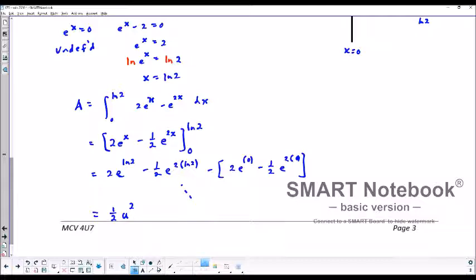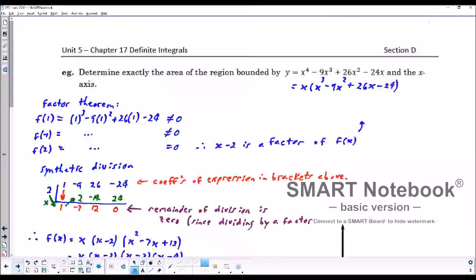Okay, so that is that portion. I'll just tidy up that 0 here. Okay, all right, so that is example number 2. Now we're going to move on to example 3, and this one's a little bit more complicated just because there's a little bit of background work to it in order to find the zeros, because we need to determine, again,